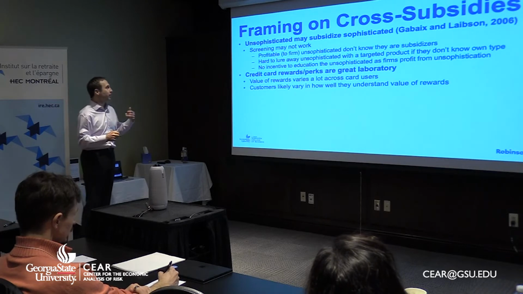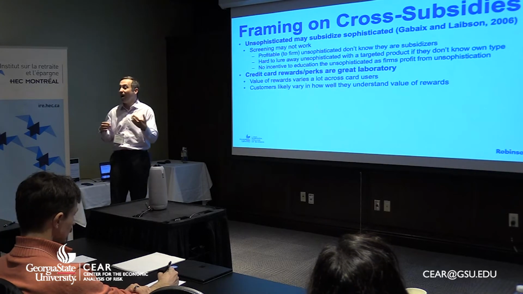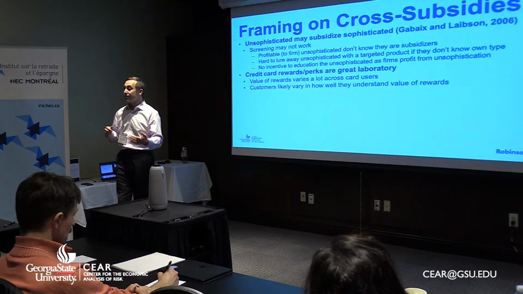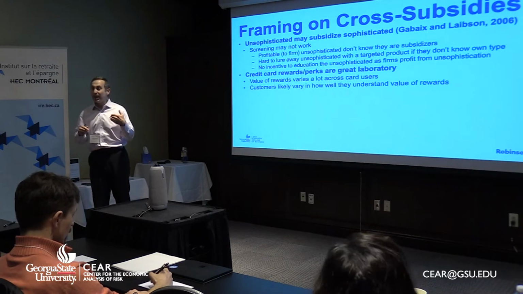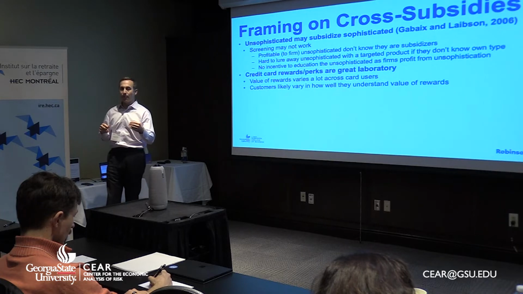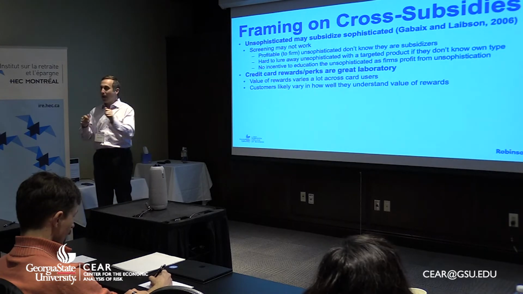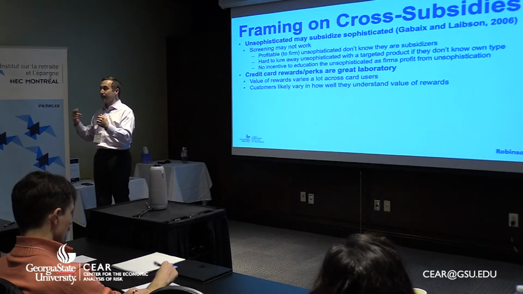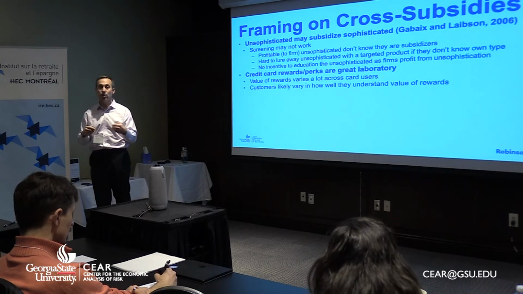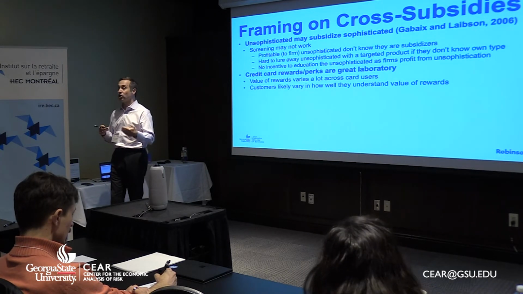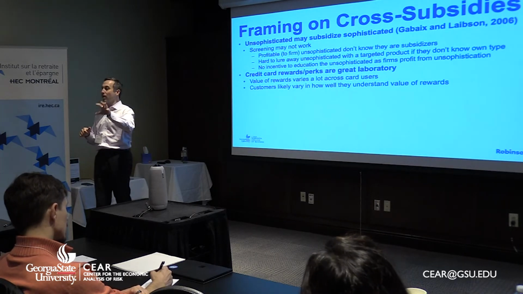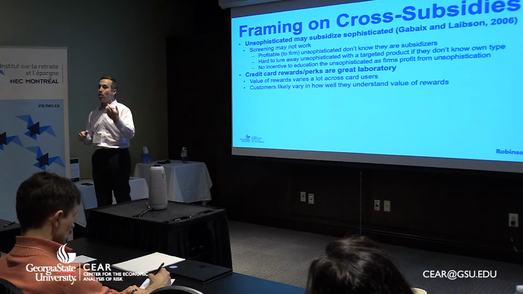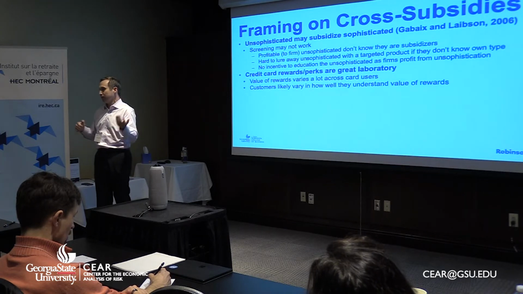In particular, we've got this idea that there's somebody called unsophisticated, and this unsophistication could be important and interesting because being unsophisticated limits the scope to act in the way that we normally try to pull away the subsidizers from the subsidized. If you're unsophisticated, you may not know you're providing a subsidy. And so this whole idea of offering a product to cater to these guys to pull them away won't work because they don't know they're being screwed over, basically, right?